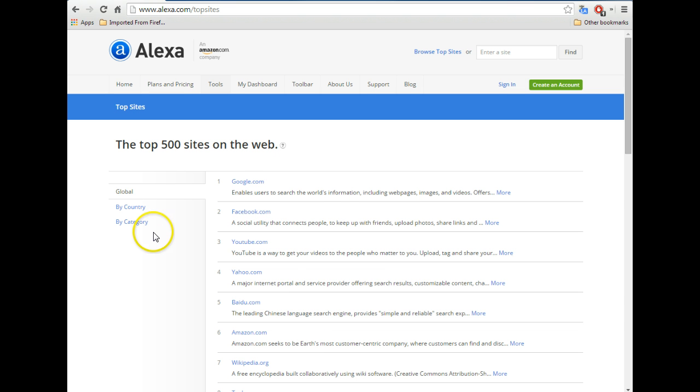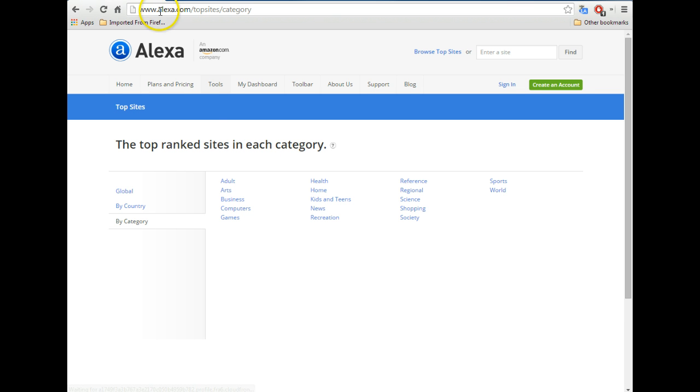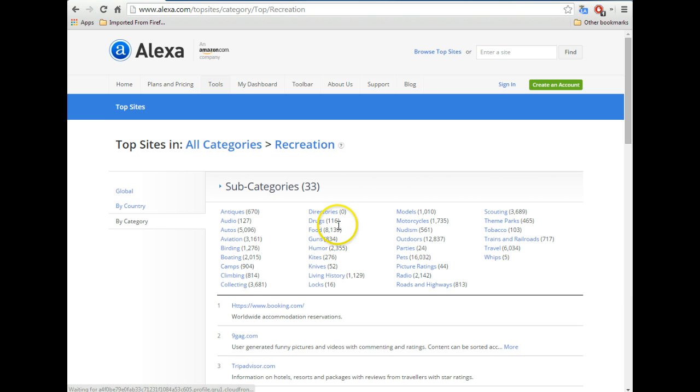So let's just go here. You can see I'm at alexa.com/top sites. That's where I started. Then I clicked on by category. So now I'm trying to think of an example. Let's say I wanted to find some expired domains that had links that were related to recreation. In fact, let's just look in here. So maybe I'm looking for some expired domains in the